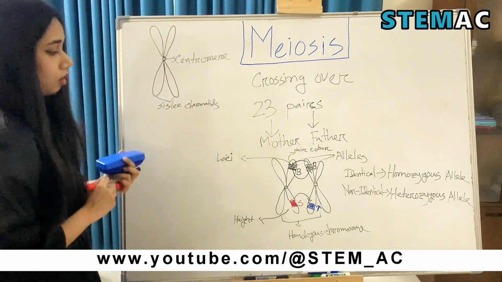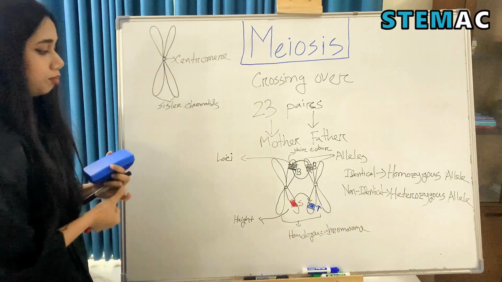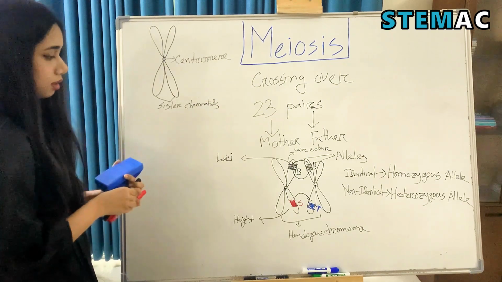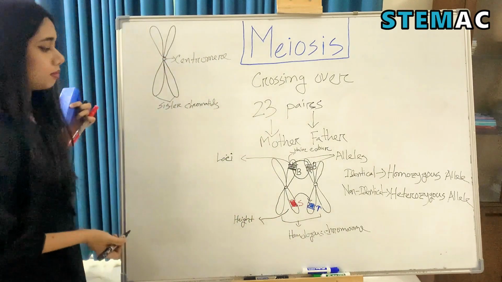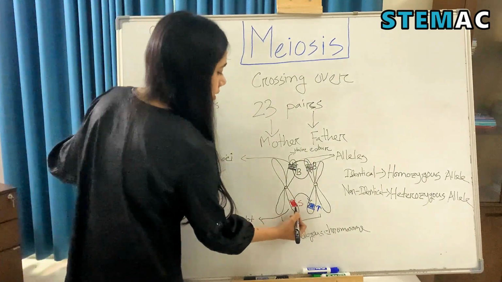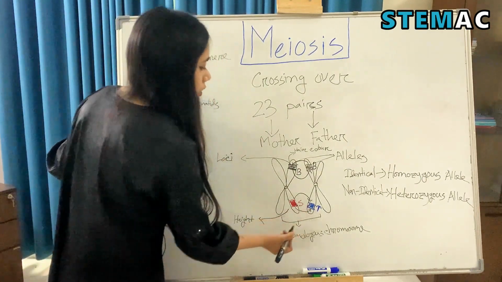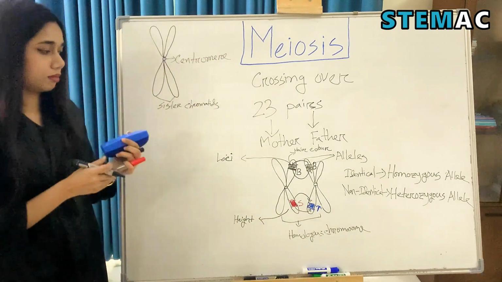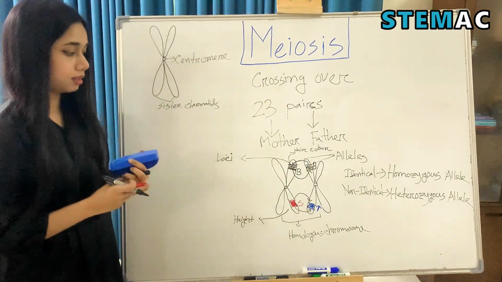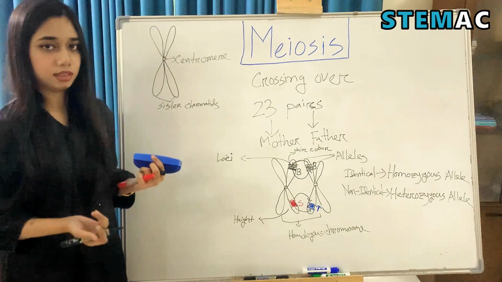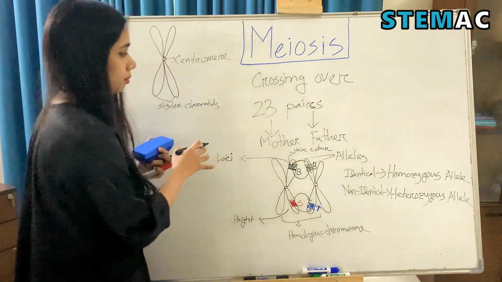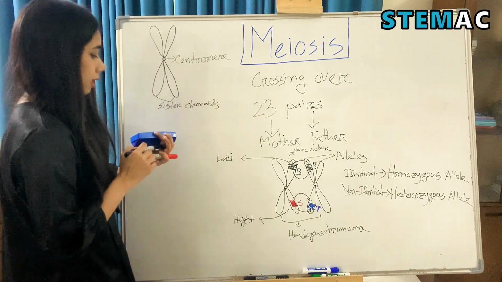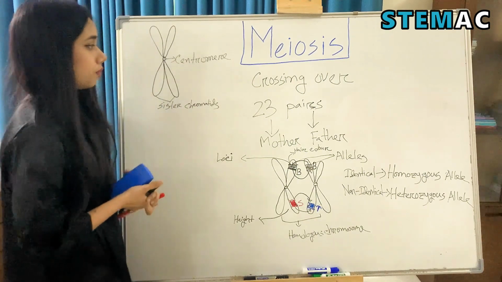So the alleles of the genes have been exchanged within these two chromosomes in a homologous chromosome pair. This causes genetic variety within organisms. This is the reason for genetic diversity among us. So this was basically what crossing over is, and now we are going to move on to